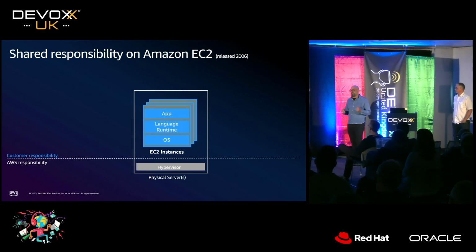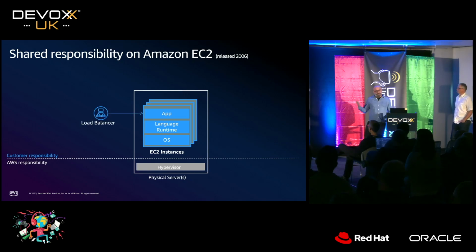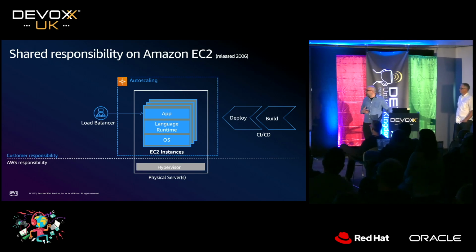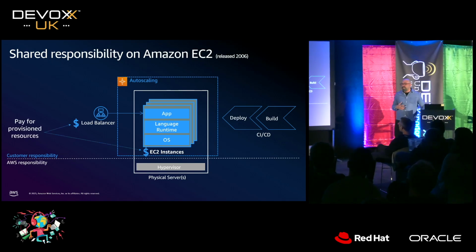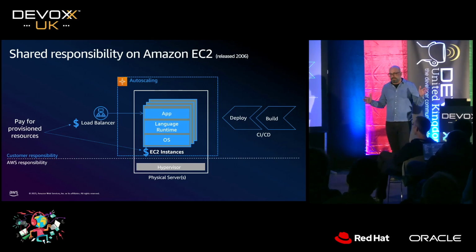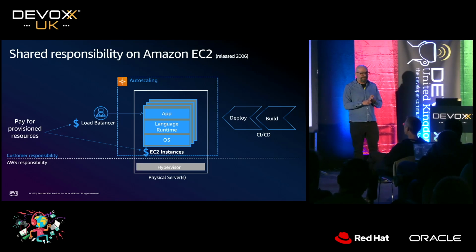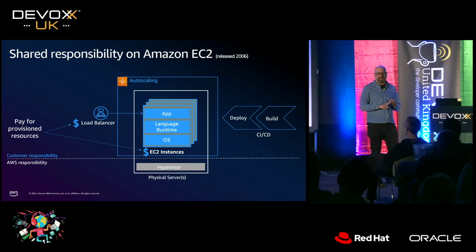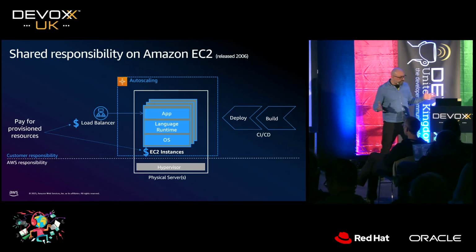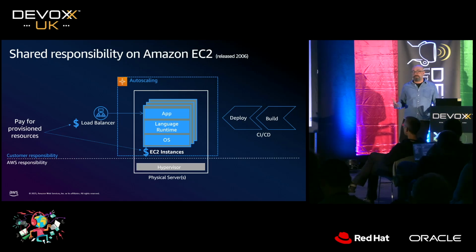So you're still having to think about your operating system, patching that. You've got your JVM, you're responsible for that. You've got all of your app dependencies. You configured your load balancer, you configured all of this stuff, you've got some Jenkins boxes running your CI/CD, and you're paying for all of this stuff. So you're paying for it at midnight when no one's visiting your application, you're paying for all of your integration environments. But we are taking care of that hardware for you, and that is useful work, so a benefit